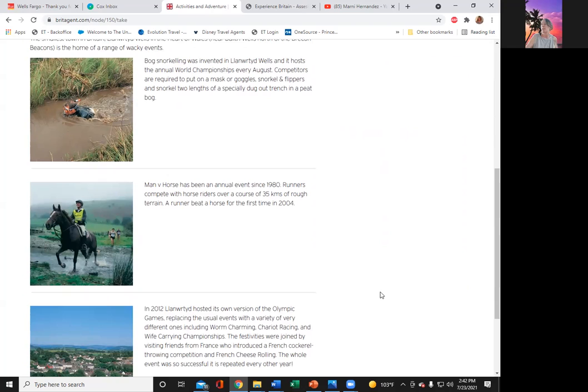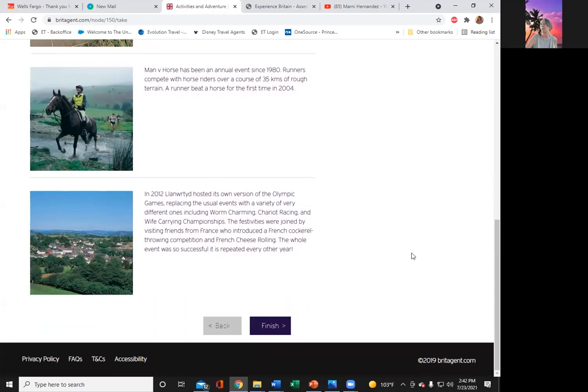Man versus horse has been an annual event since 1980. Runners compete with horse riders over a course of 35 kilometers of rough terrain. A runner beat a horse for the first time in 2004. Wow. In 2012, Llanwrtyd Wells hosted its own version of the Olympic Games,